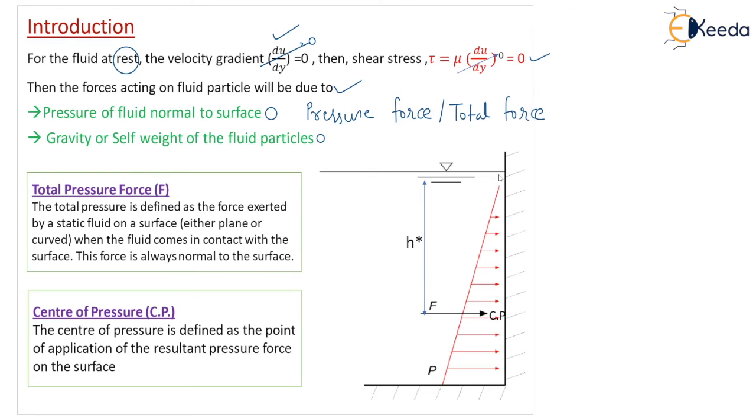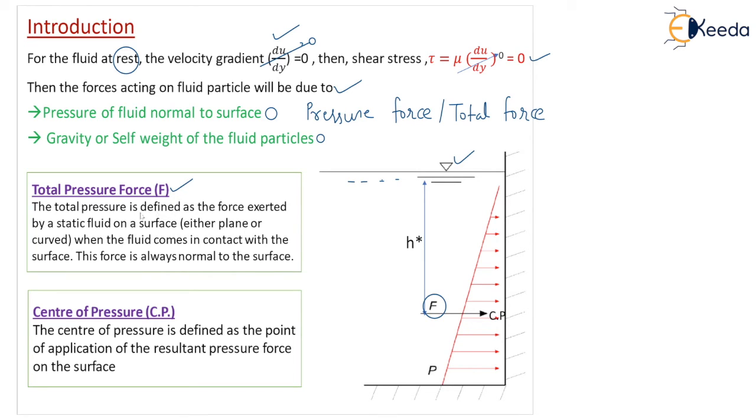Look at this diagram here. This is the free surface mentioned here, and this is the magnitude of the pressure. Water is present everywhere, and this is the point F. You can see this F is the hydrostatic force. So how can we define total pressure force? Pressure force or total pressure force, all are the same. Let us take the symbol F, capital F.